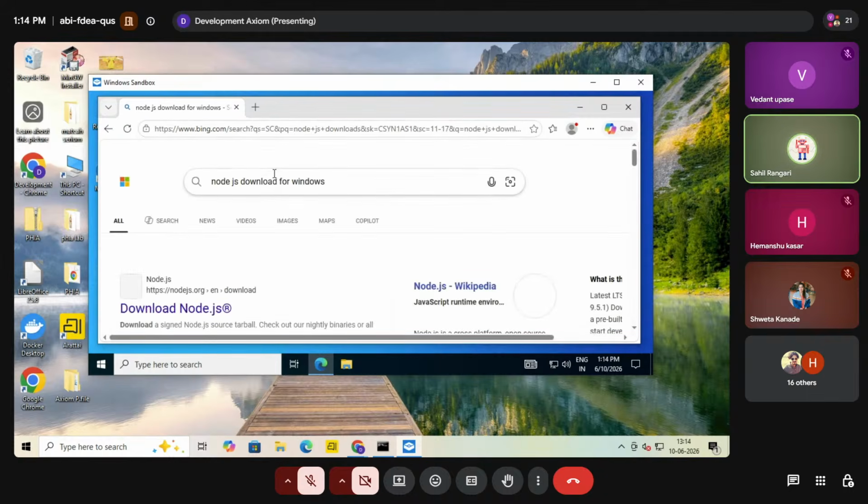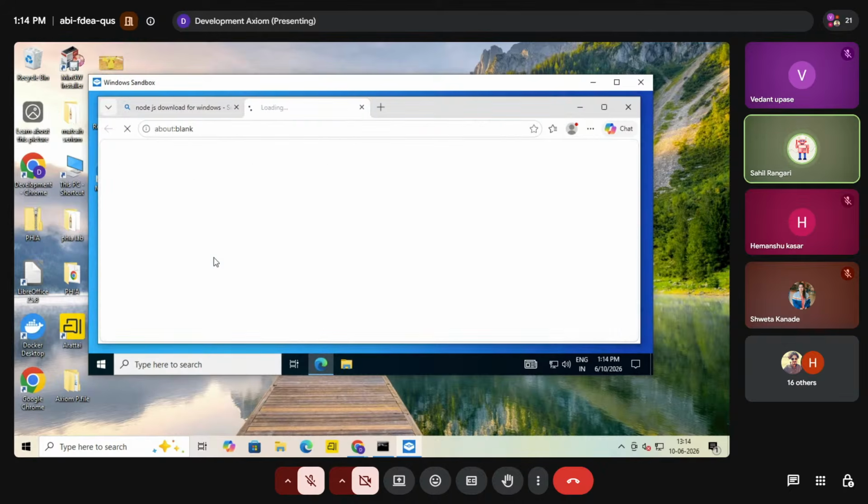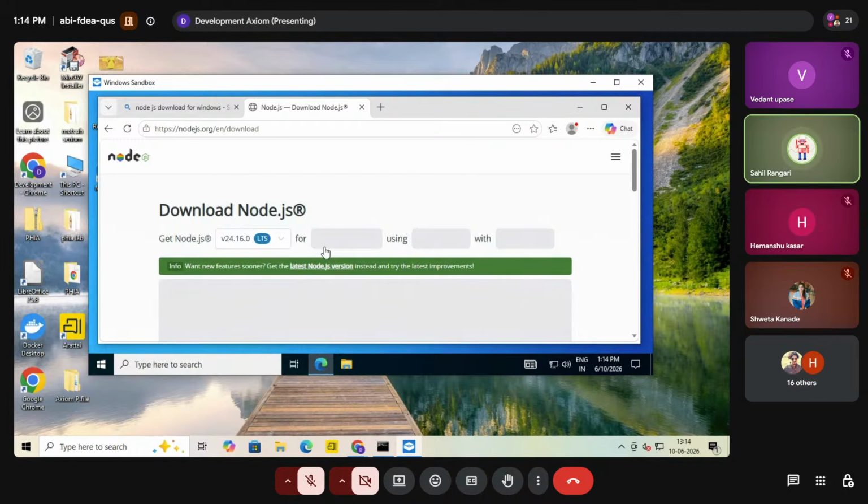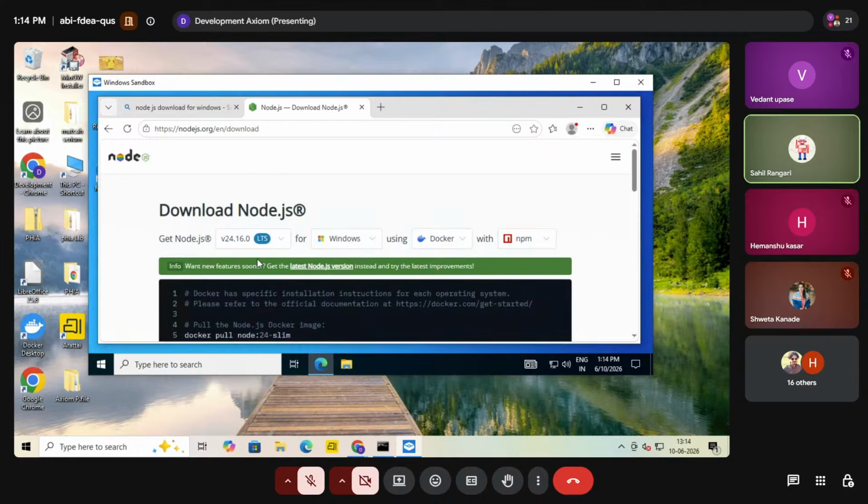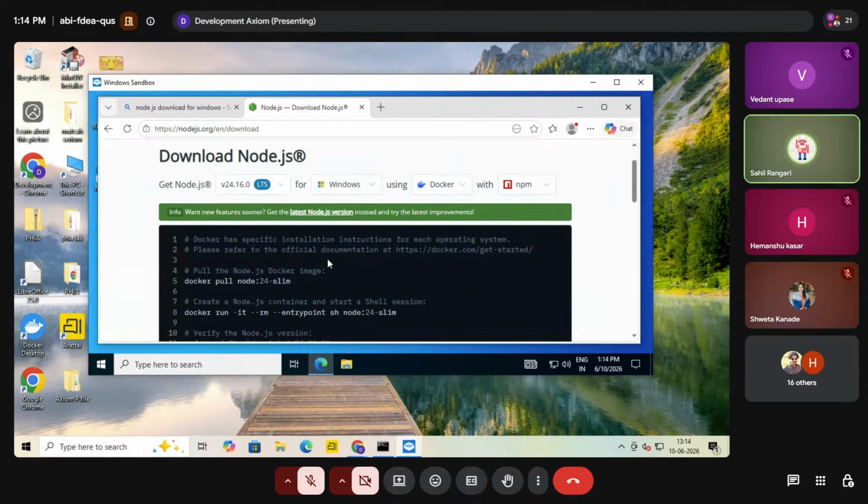If you want to close this tab, the entire data of this sandbox, whatever you downloaded, executed, or tested here, will be permanently deleted from this virtual system.